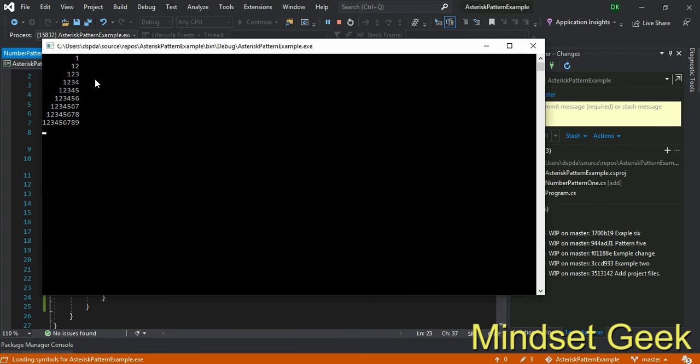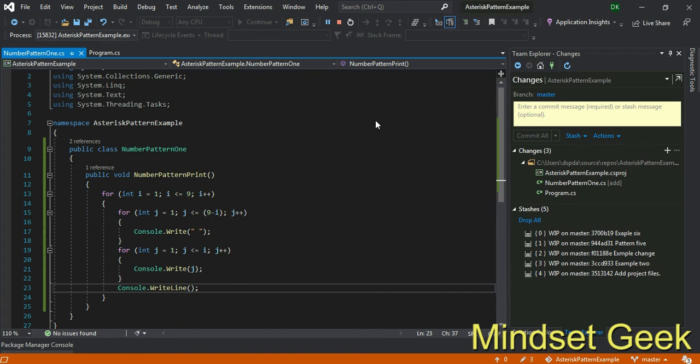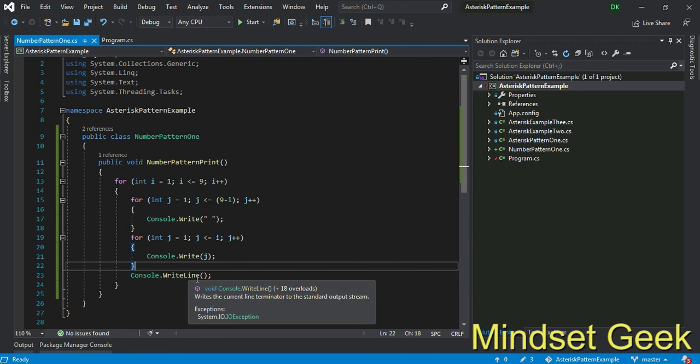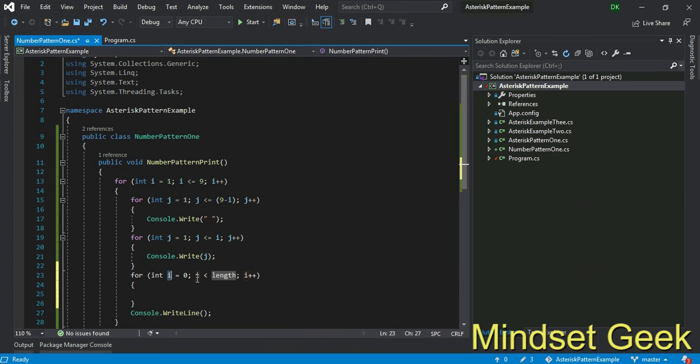Till then, right. Space part okay, incrementing part okay. Now I need the decrementing part. Now no need for 9, right? 8, 7, 6, 5 like that. No need for 8, 7, 6, 5 like that. No need for 7, 6 like that. No need for 2, just need 1. Just need 2 and 1. Just need 3, 2, 1, right? For that, I make one more for loop before this Console.WriteLine, right?